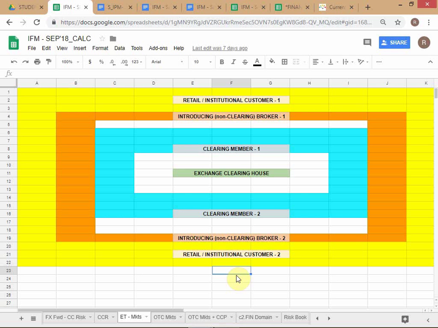You can see it's about a 1 to 1.5 day price movement. On any given day, if you don't pay up by early morning the next day, they will close out your position. Let's say even till lunchtime they will close out your position. So about 1.5 days. So they will see how much. Here you can see that the loss suffered by the exchange is $5 per barrel. This is clear? Here the exchange ECH has suffered a loss of $5 per barrel. Is everyone clear about that? That's because the price moved by $5 per barrel.